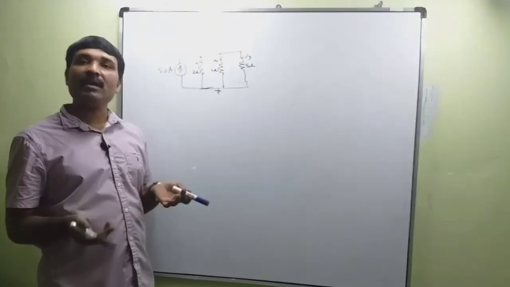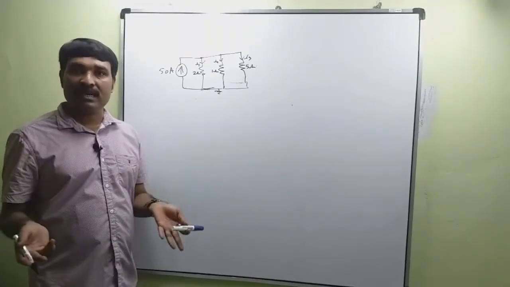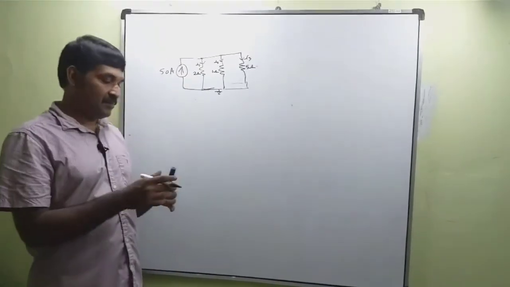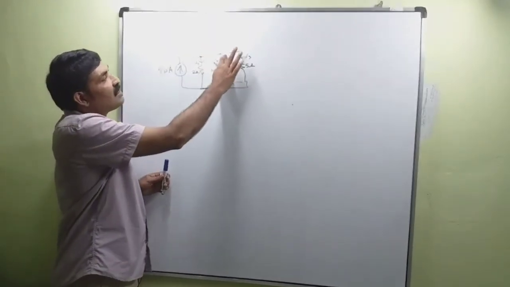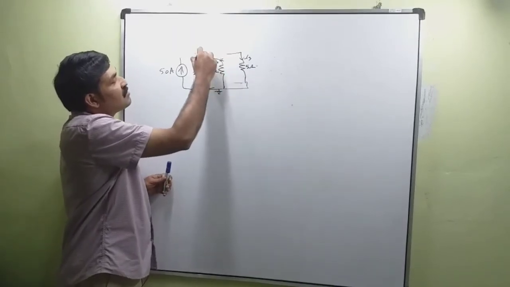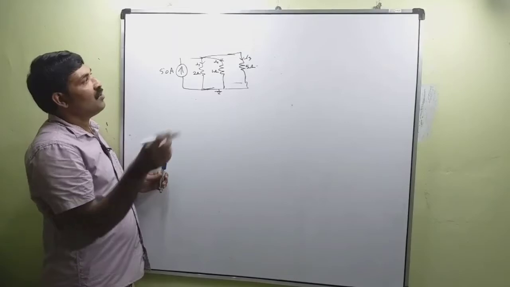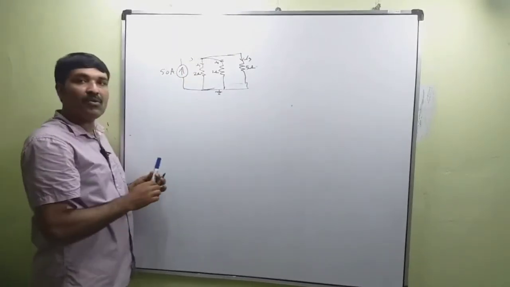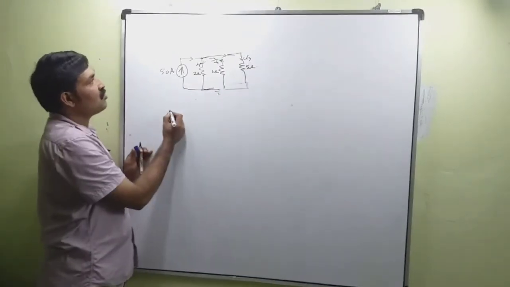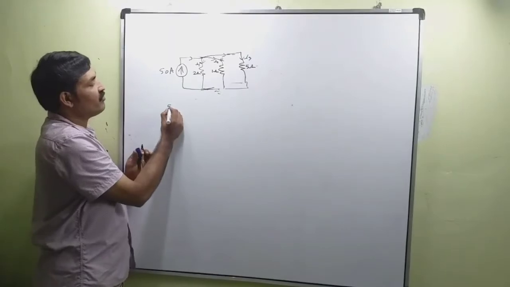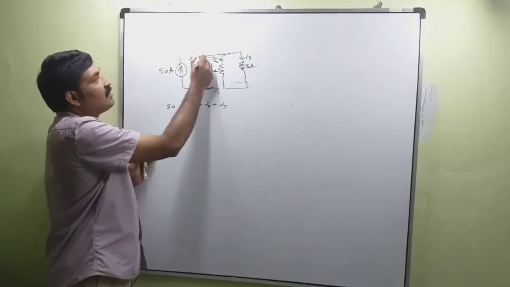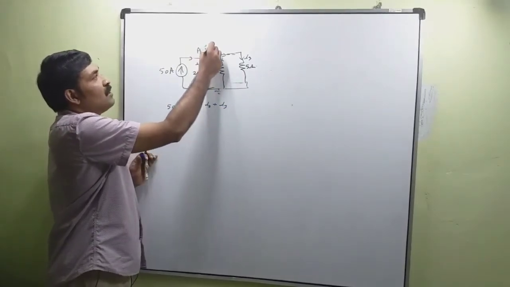Then we can calculate the energy absorbed for some 4 seconds or 5 seconds or a time duration of t by multiplying the power absorbed by time t. Since no element is connected across this branch, the incoming current is equal to the outgoing current. This is I1, I2 and I3. So I redrew the circuit like this. Now 50 is equal to I1 plus I2 plus I3. Let this be node A and the voltage at this node be V.